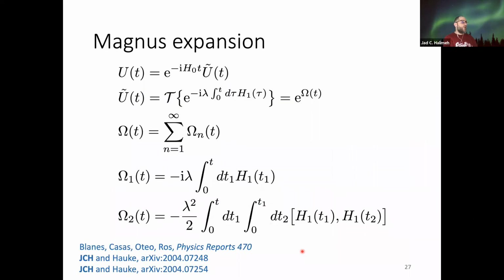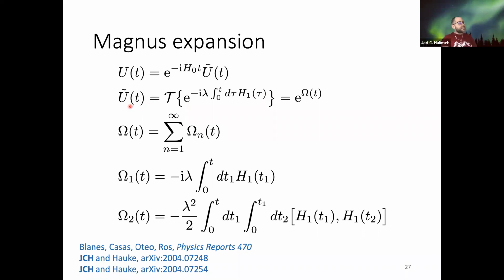As such, we go to a Magnus expansion. What I do here is I write my full time evolution operator in the following form. This exact rewrite of my time evolution operator splits the gauge invariant dynamics in H0 and restricts any dynamics that will take me out of the sector of Gauss's law in this term, in U tilde.